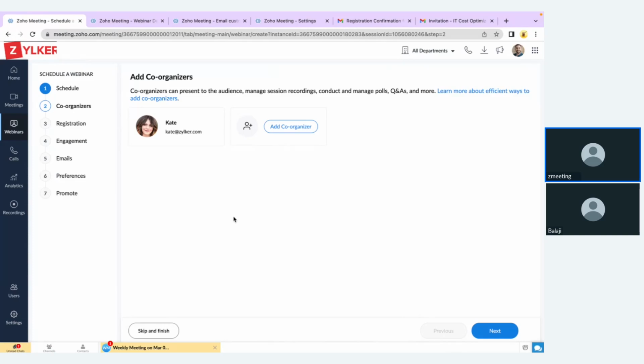So once done with adding the first and the second step, you can go for clicking on the next button to add the further details. If not, you can click on skip and finish to step into the final process. So right now I'm going to click on the skip and finish button, which will take me to the webinar